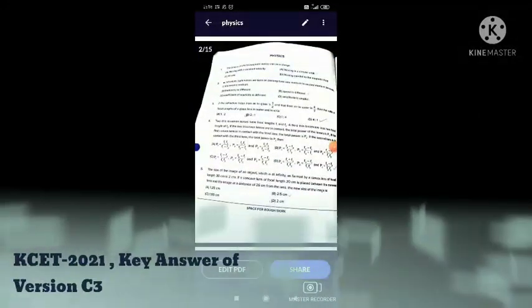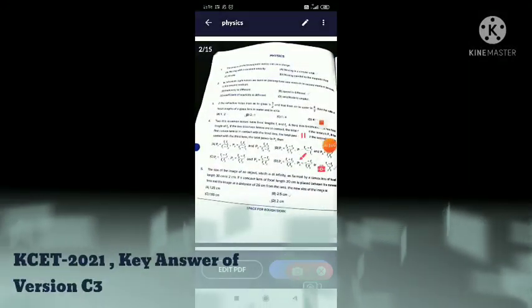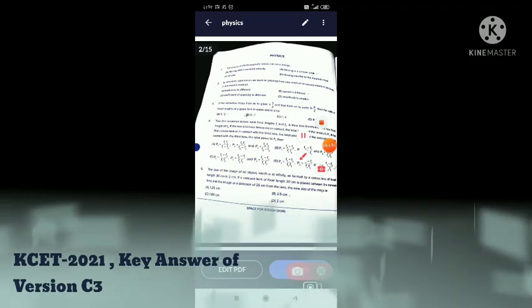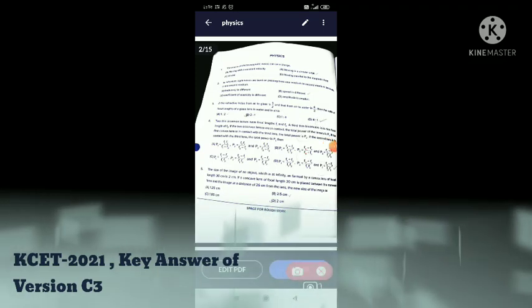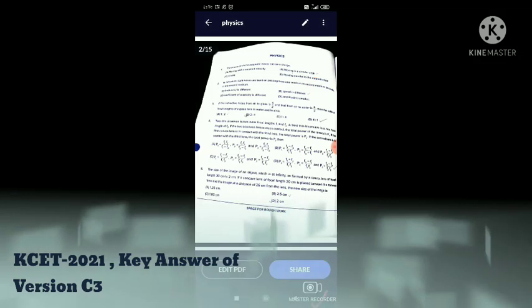Question 3 question paper is in front of you. The unofficial answers are: the first question, the sources of electromagnetic waves can be a charge. The correct answer is option B. Then we move to the second question.